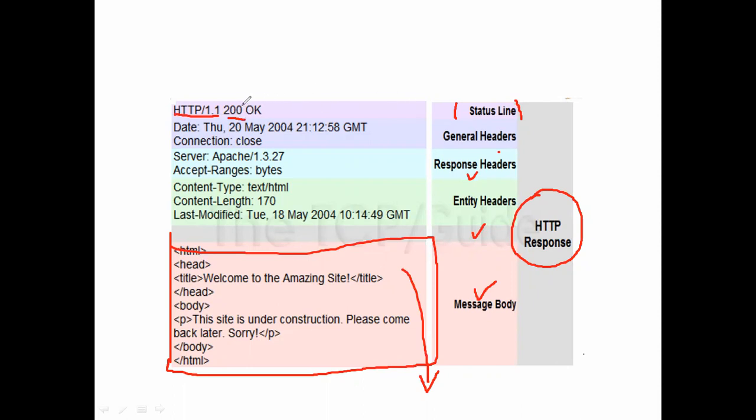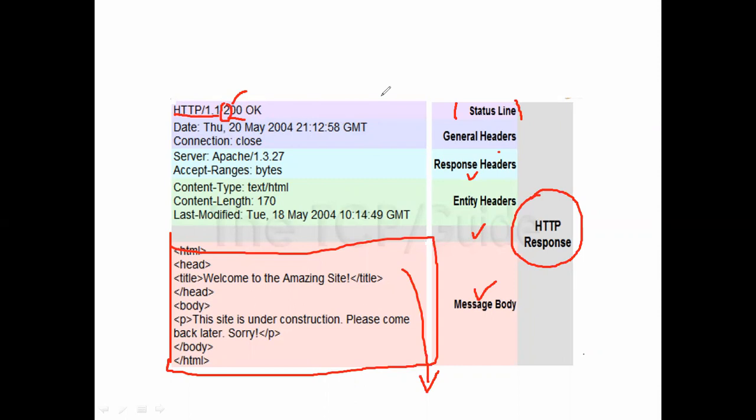If the status code starts with 2, it means successful completion. If it starts with 3, redirection is needed. If it starts with 1, it is informational. If it starts with 4, it is a client error. If it starts with 5, it is a server error.